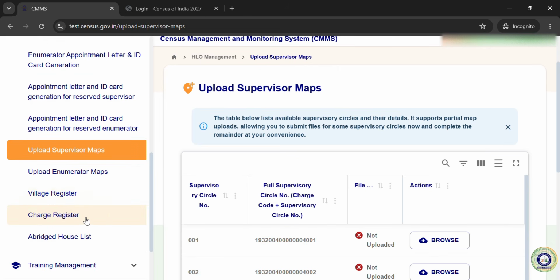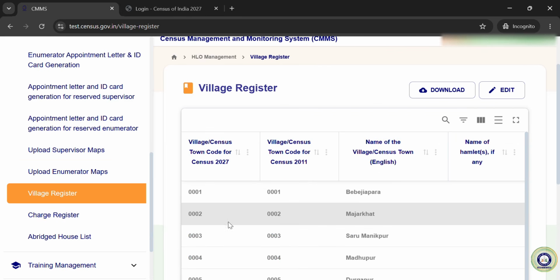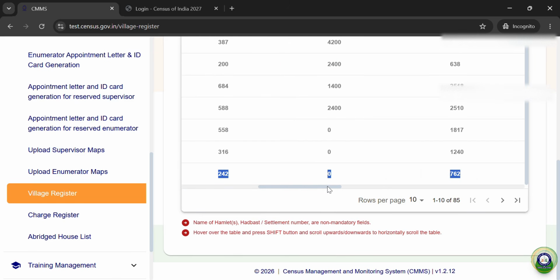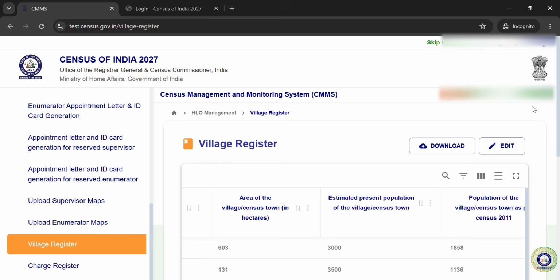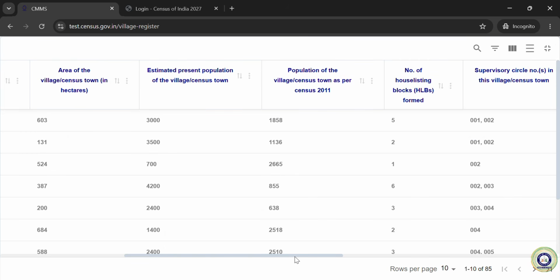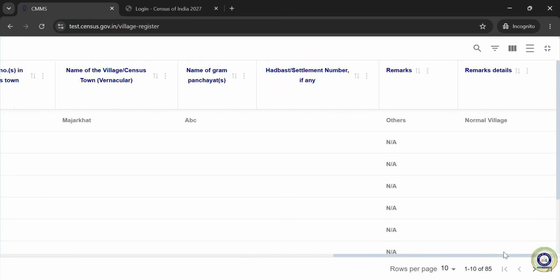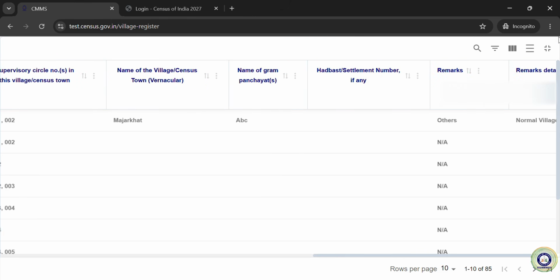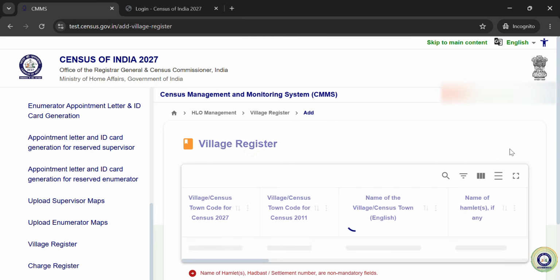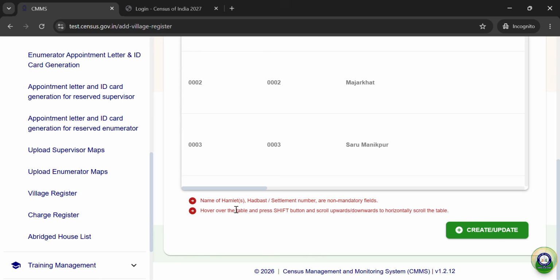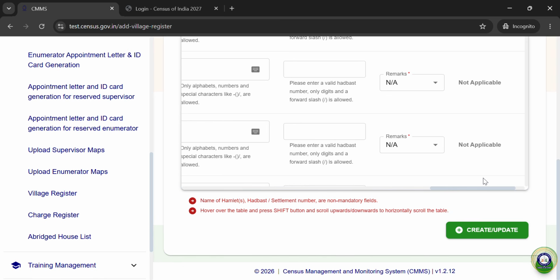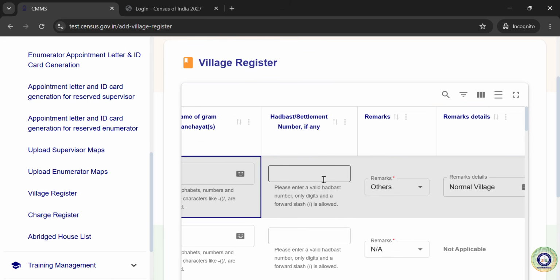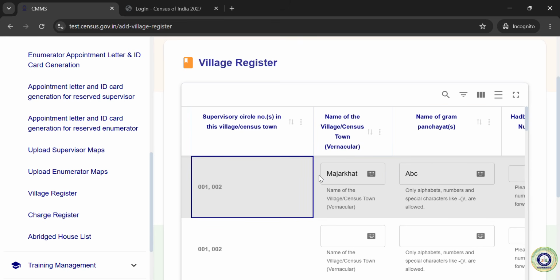And now we will see the village registers and charge registers, right? In the village register, all the fields are already filled. Only 2 or 3 fields we need to fill, but before that we need to edit it, right? There is an edit option, right? These are some of the fields that we need to fill in our